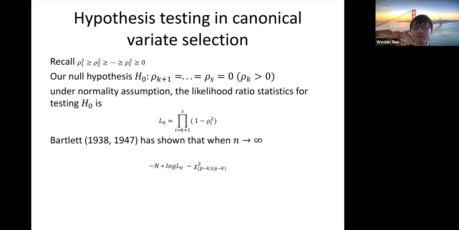So one interesting topic about this canonical correlation is variable selection. Basically this canonical correlation analysis can serve as a dimension reduction technique. So for the canonical correlations, we want to know how many canonical variables we want to keep. So here we assume that starting from k plus 1, the null hypothesis of the canonical correlation